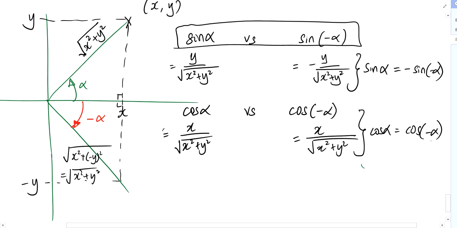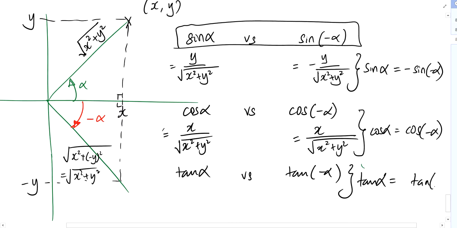And finally, we've got tangent alpha versus tangent negative alpha. I think you can figure this out by yourself and come to the conclusion that tangent alpha is not equal to tangent negative alpha. There must be a negative sign. Okay, so this is the end of 8.3, which is quite a big topic. Yesterday we breezed through 8.1 and 8.2, so we spent a bit more time on 8.3. So now remaining time,